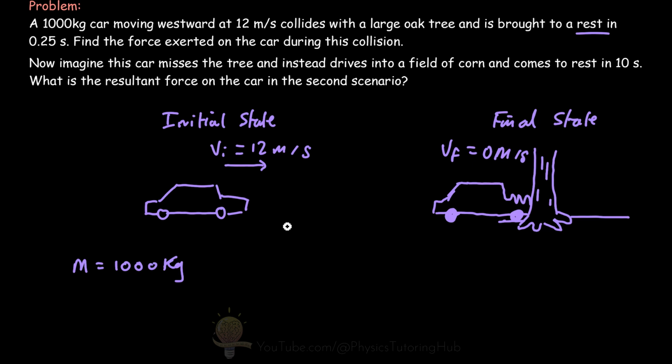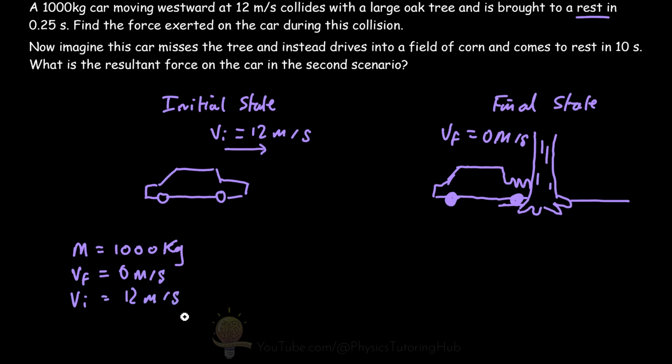We know the final velocity, which is 0 meters per second. We know the initial velocity, which is 12 meters per second, and we know the time it takes to slow down from 12 meters per second to 0 meters per second,